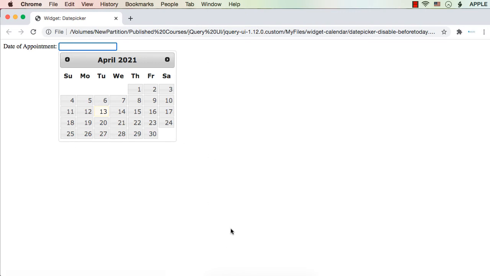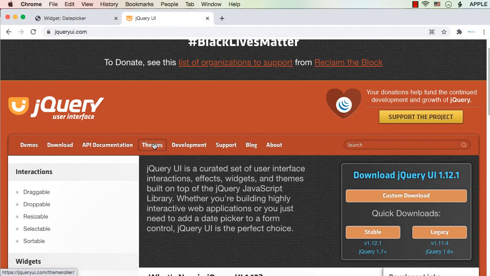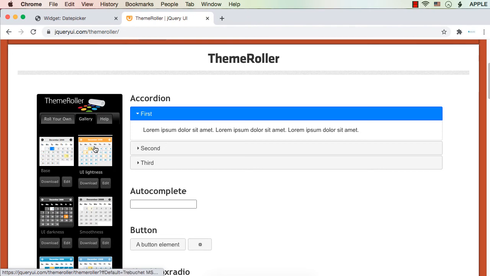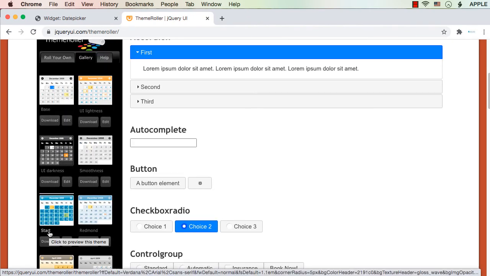Suppose I want to change this theme. As of now, the theme is smoothness. Here you could see the theme is smoothness. If you want to select another theme, let me go to the official website of jQuery UI, and here if I go to themes and go to gallery, you could see different kinds of themes. There is one called start. As of now it is smoothness, that is this theme.